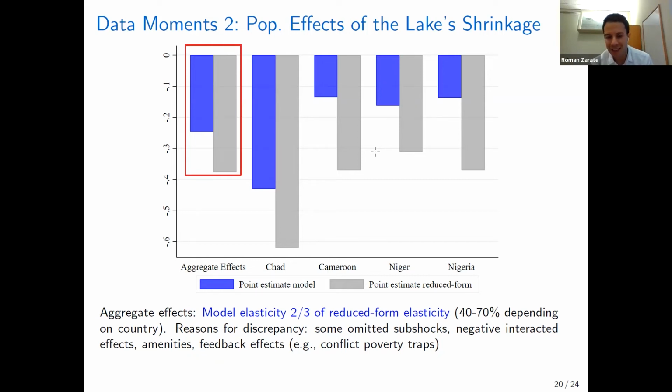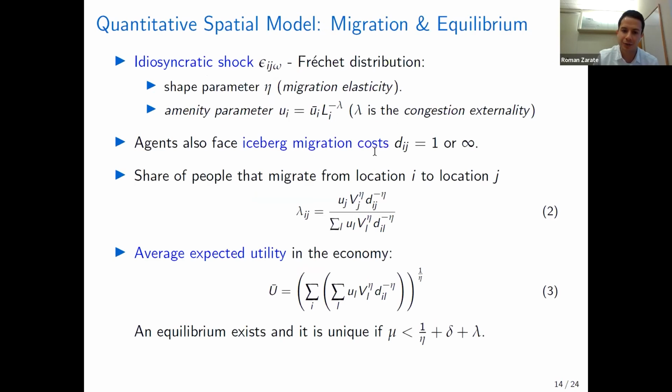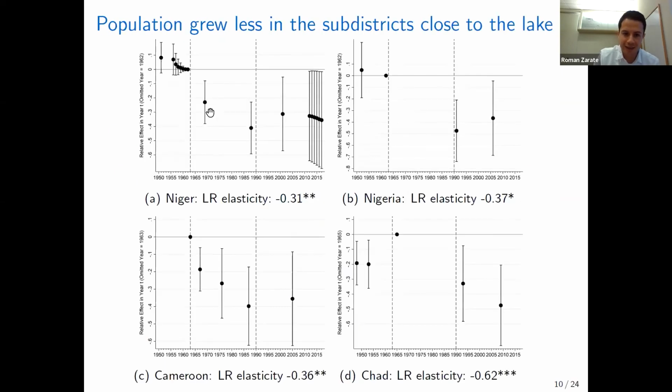And the third thing is that the lake per se is going to have this cooling effect on temperature and rainfall. That is not going to be endogenous, but it is going to come from the lake. But this is a long-run shock. So these cooling effects are going to occur in the 80s, probably 90s, but they are not going to occur immediately. And we actually observe when we run our regression that the effects materialize very, very quickly. So starting almost in 1970, you get these negative effects of the lake in Niger,